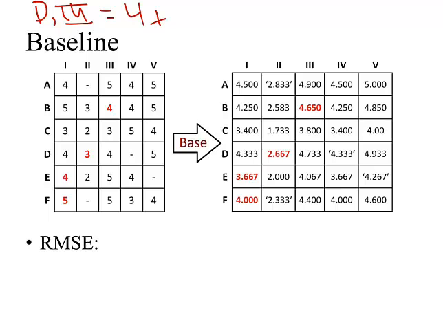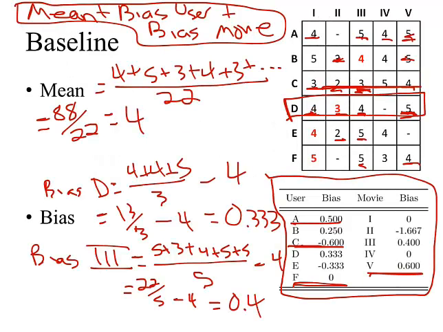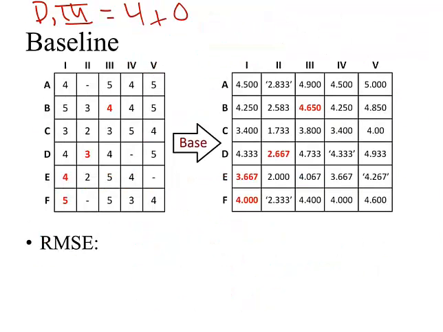The bias we just saw for user D is 0.33, and the bias for movie 3 is 0.4. So we add 0.33 and 0.4 to that, and 0.33 plus 0.4 is going to give us 4.7,